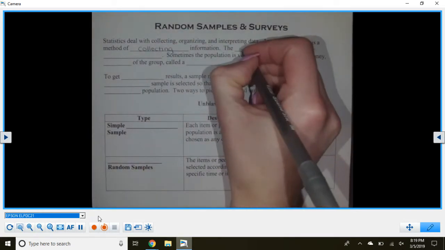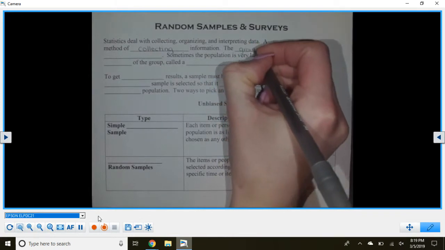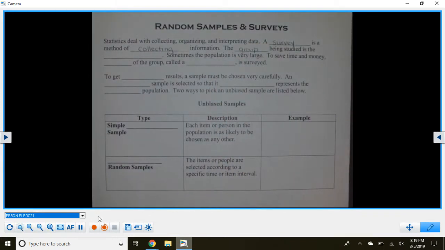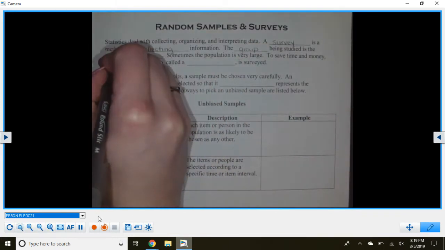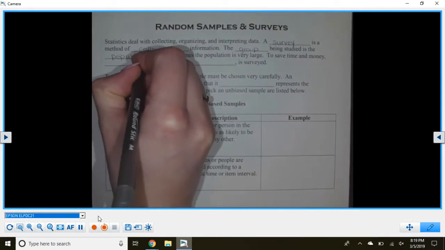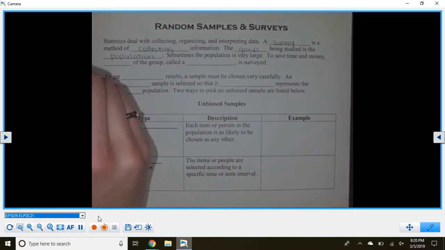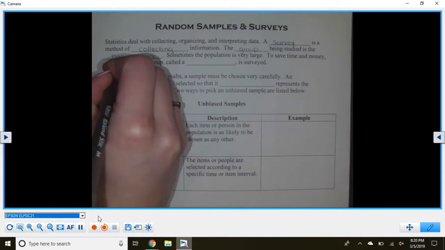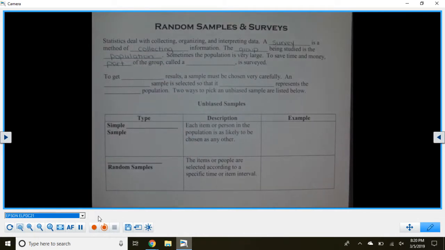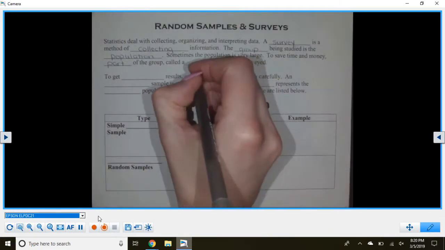The group being surveyed is the population. Sometimes the population is very large. To save time and money, part of the group, called a sample,